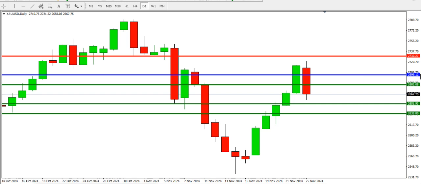2699.12. This red line is the first resistance, 2730.27, while the first green line is the first support, which is 2683.08, and the second green line is the second support, which is 2651.93. Now what happened is that price opened for the week above the pivot line, attempted to test the first